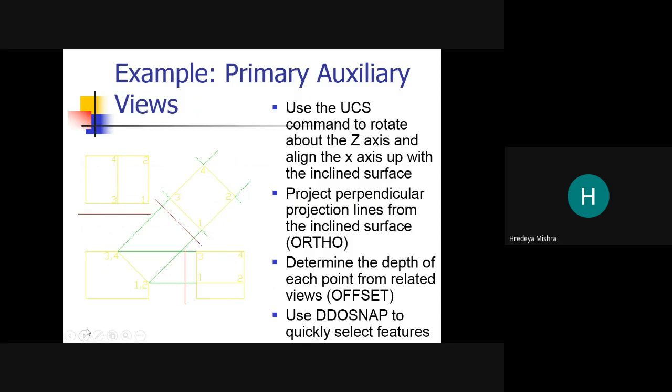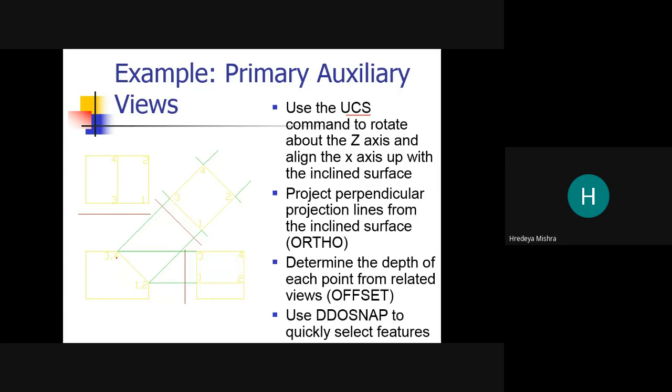Now, what is the procedure in the drawing? Use the UCS. What do you mean by UCS? User Coordinate System, UCS. Use the command to rotate about the z-axis, aligning the x-axis up with the inclined surface.